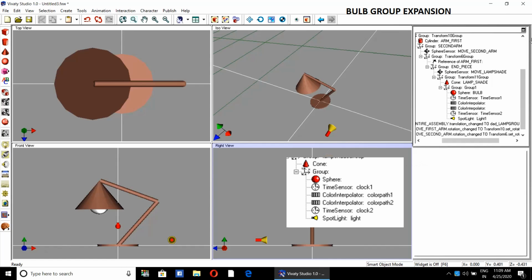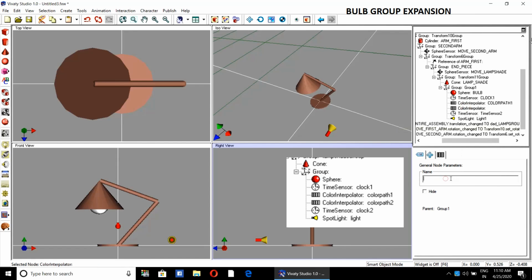So this is how we have created the time sensor and color interpolator. Now you can rename this time sensor. I will call it clock 1. Then this color interpolator can be called color path 1.